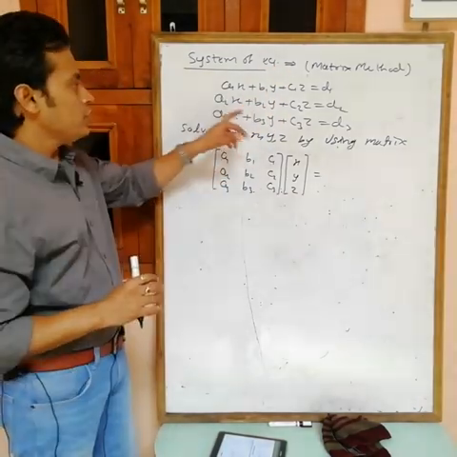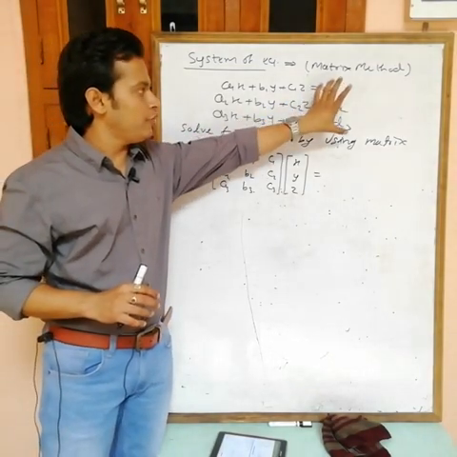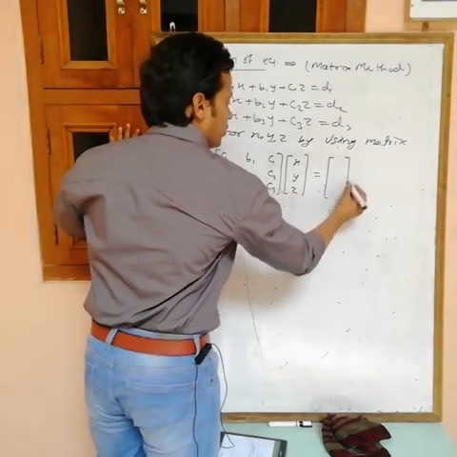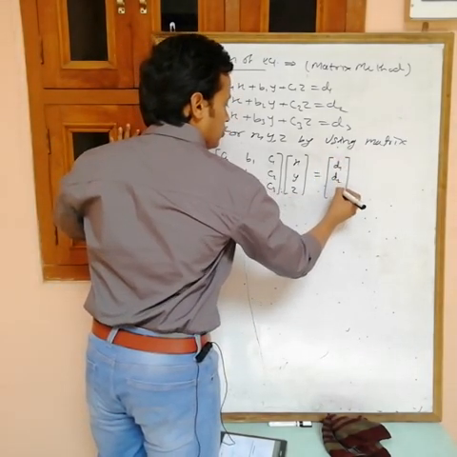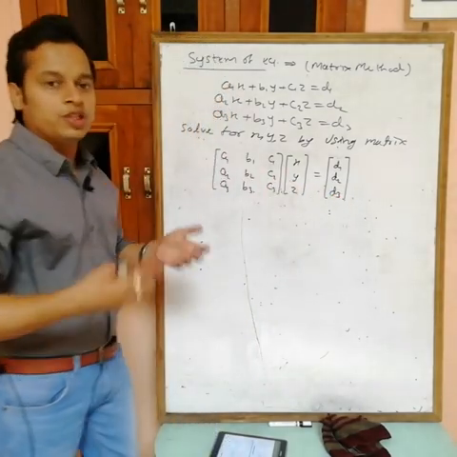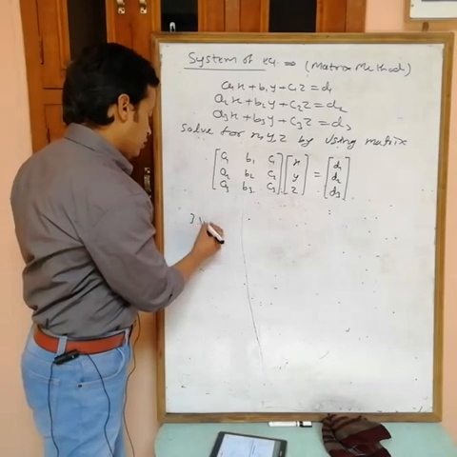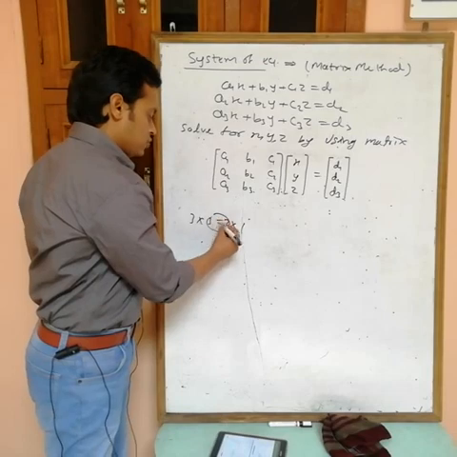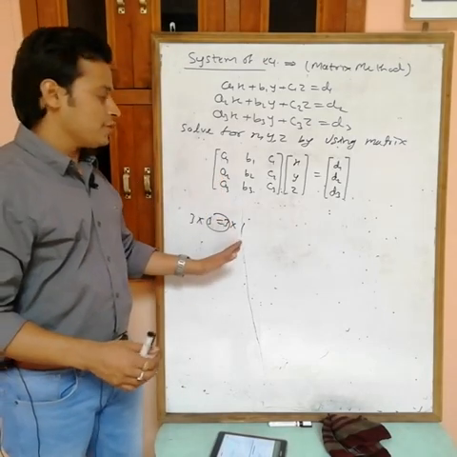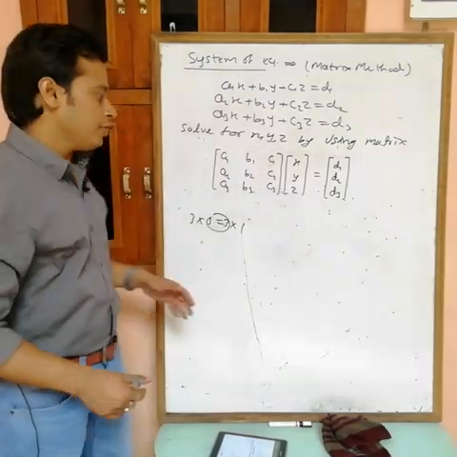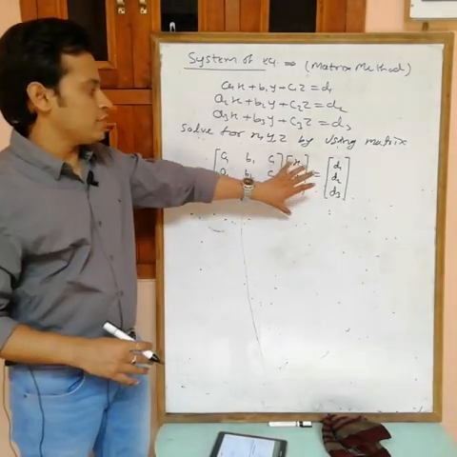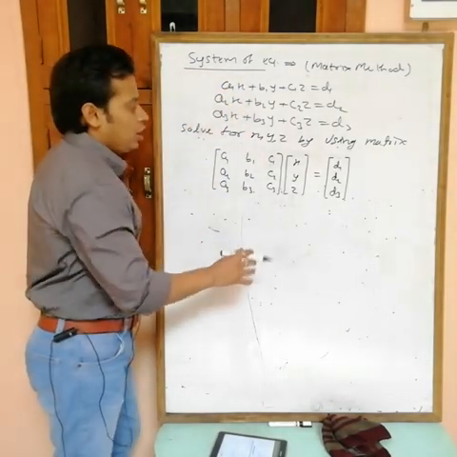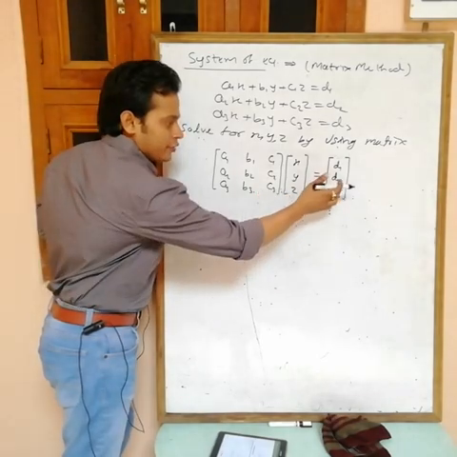Now I want to write this system of equations in terms of matrices. If you write these in terms of matrices, you will get a matrix of 3 by 1 order: d1, d2, d3. So this product matrix must be 3 by 1. This is 3 by 3 and we want the answer as 3 by 1, so this must be 3 by 1, and then they may be equal. If you solve this equation, you will get the same as these three. See how this A into B is equal to C.